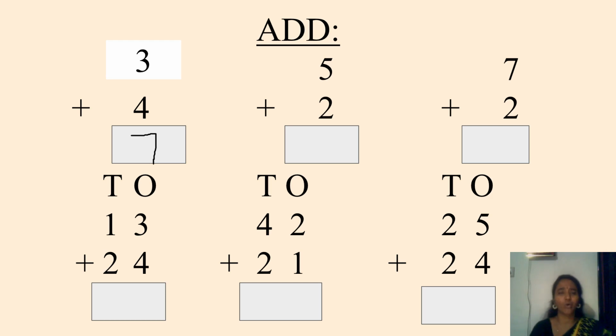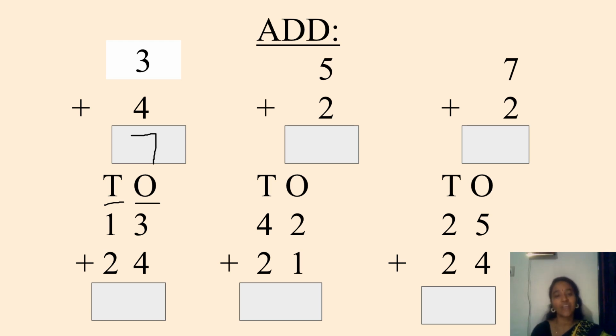Come to the second row. In this I wrote O and T. What is this O and T? Yes, O is for ones and T is for tens. Always remember you should add ones first and next we should go to tens. If you start counting, will you start counting from 1 or from 11? When I count, I'll start counting from 1 only. So I'll always add ones first.